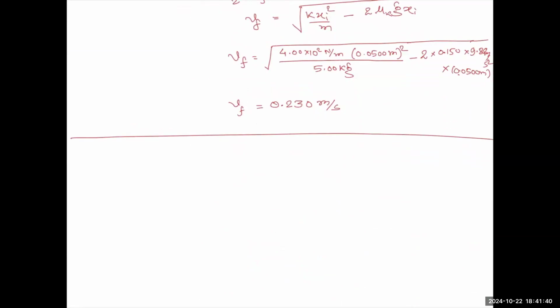So, a 50.0 kg circus acrobat drops from a height of 2.00 meters straight down